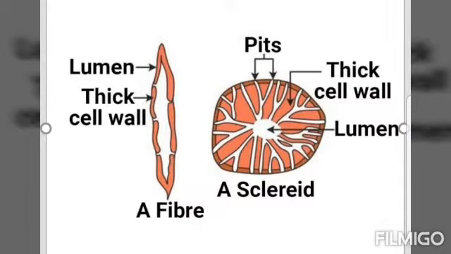The sclereids are spherical, oval, or cylindrical, highly thickened dead cells with very narrow cavities. These are commonly found in the fruit walls of nuts, pulp of fruits like guava, pear, and sapota, seed coats of legumes, and leaves of tea. Sclerenchyma provides mechanical support to organs.